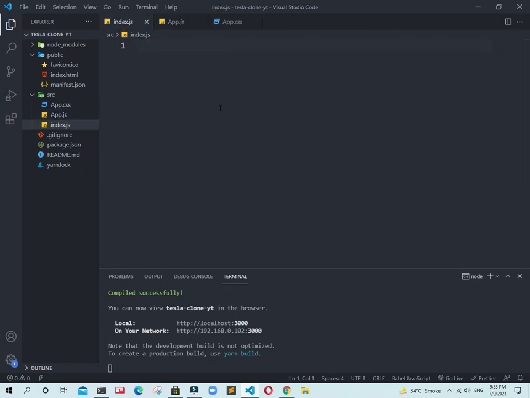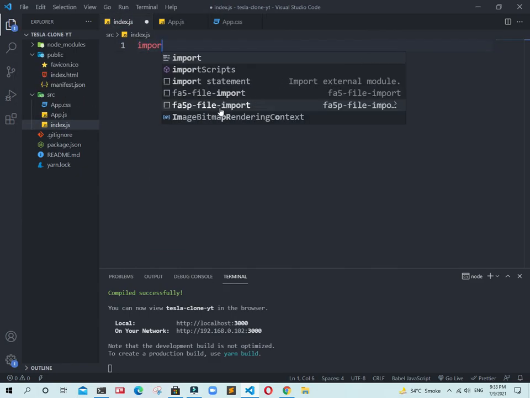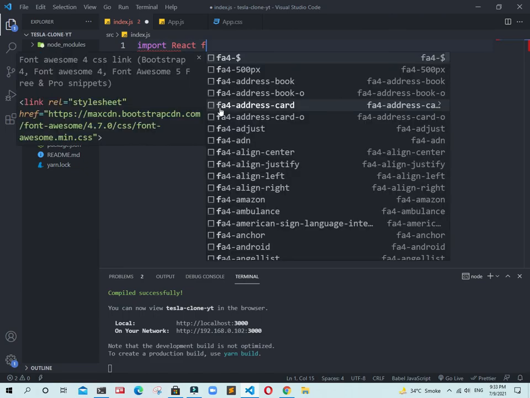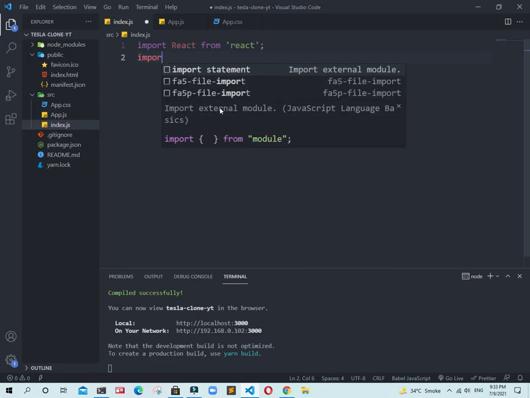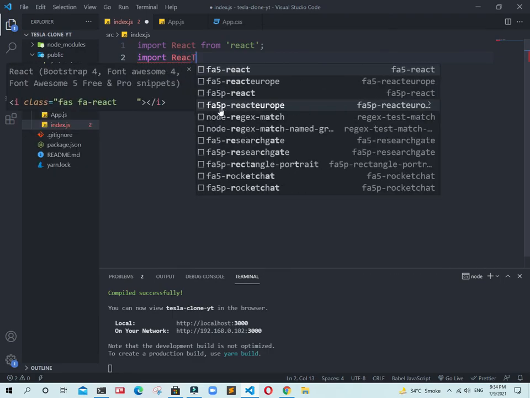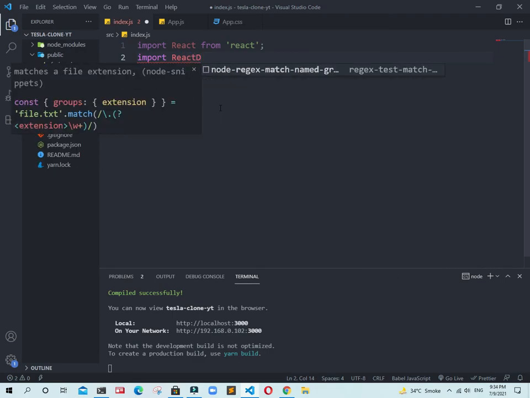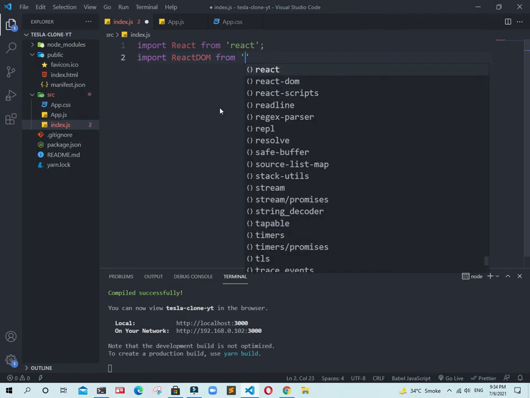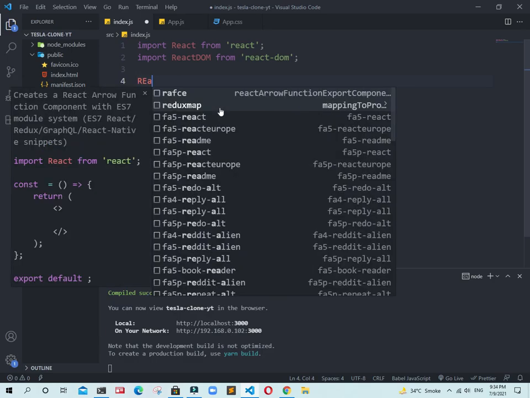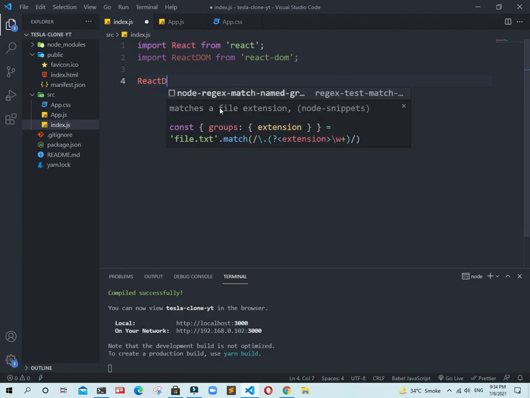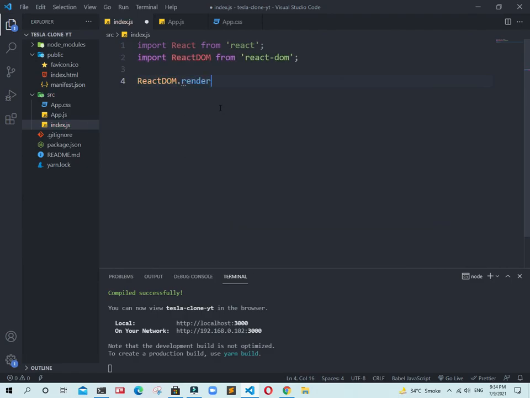Now in index.js we need to import React from React, and also import ReactDOM from React DOM, and we need to render our React DOM in a specific ID. I start with ReactDOM.render, and just terminate this one.